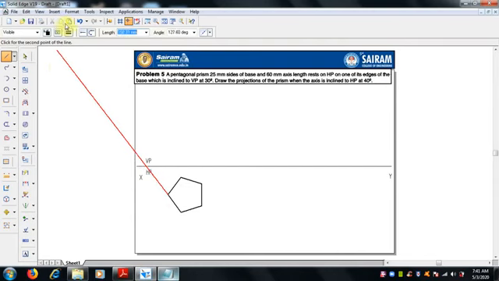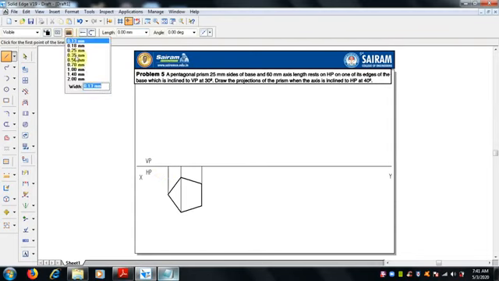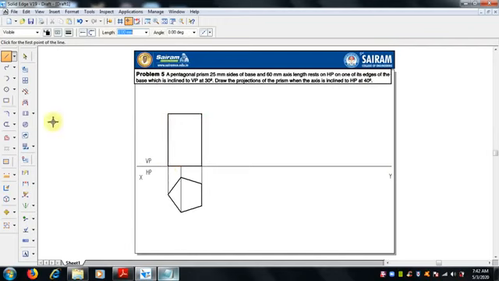Now project from each corner to find the front view. This is actually the top view, so we are going to project to draw the front view, and the front view has a height of 60 mm. First let me join these projector lines as the base, and draw the height of 60 mm at 90 degrees. Then we have to make alignment, check it, and finish it up.